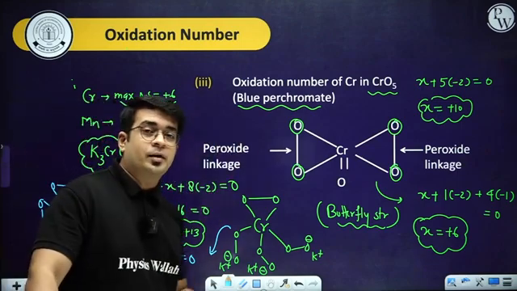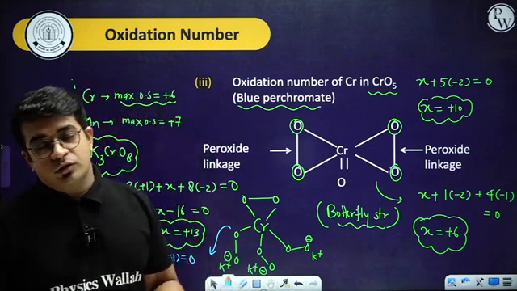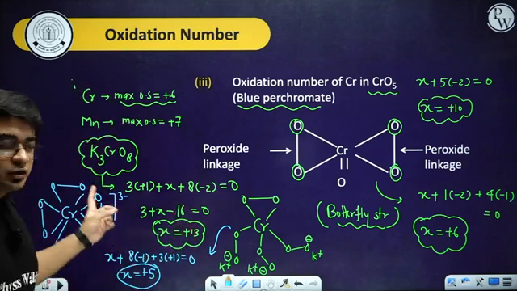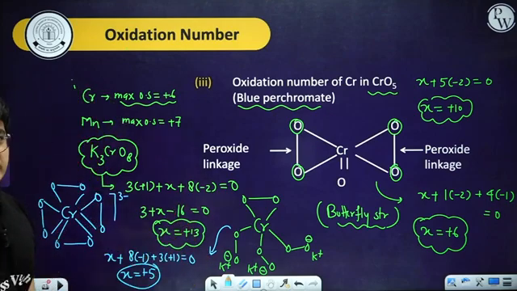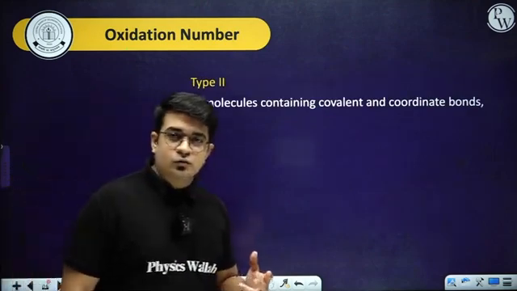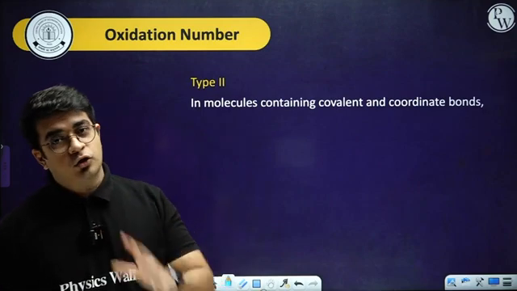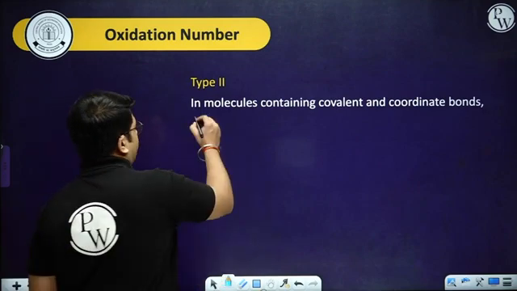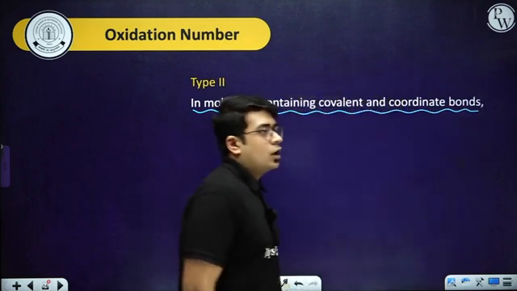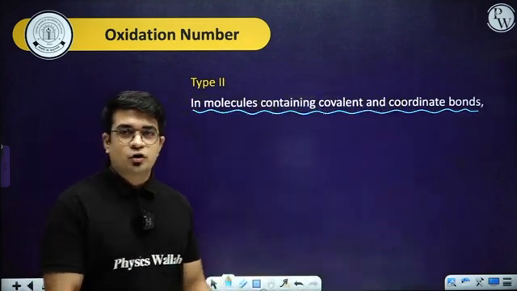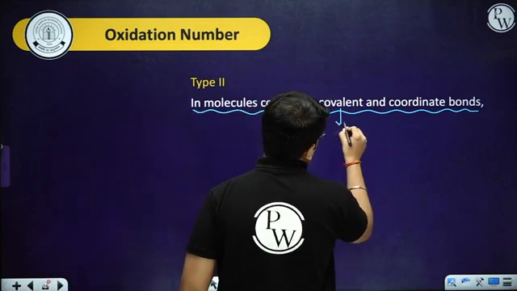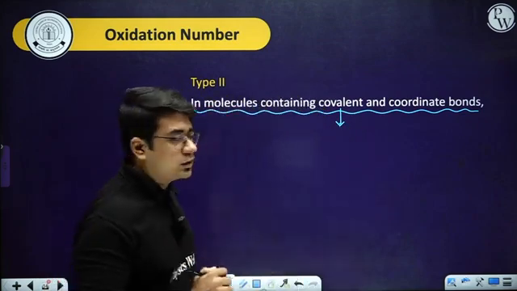When the calculated oxidation state is more than the maximum oxidation state, there is a chance that you can find peroxy linkage. Now the second case is with the help of structural analysis. With the help of structural analysis, again you can talk about the charge separation. So in molecules containing covalent and coordinate bonds, how do you know that we can talk about the charge separation? First of all, I am dealing with a covalent bond. So if only a covalent bond is present.